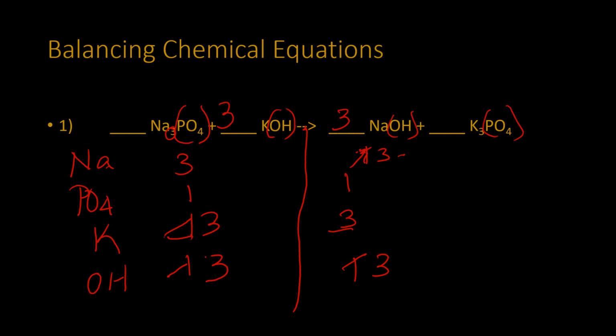If there is not a number there, you assume it's 1. You do not have to write the ones, just like 1x in math, you don't have to write that one. But if it's written, you assume it's a 1. So 1, 3, 3, 1 would be, so 1 mole of sodium phosphate plus 3 moles of potassium hydroxide yields 3 sodium hydroxides and 1 potassium phosphate. So this is the ratio. So if I know the ratio is 1, 3, 3, 1,